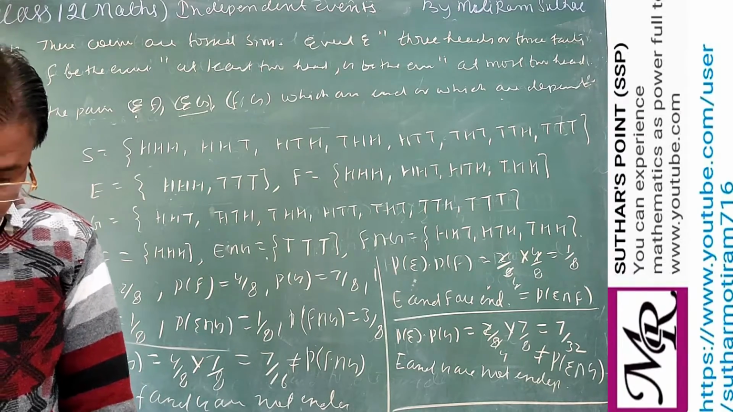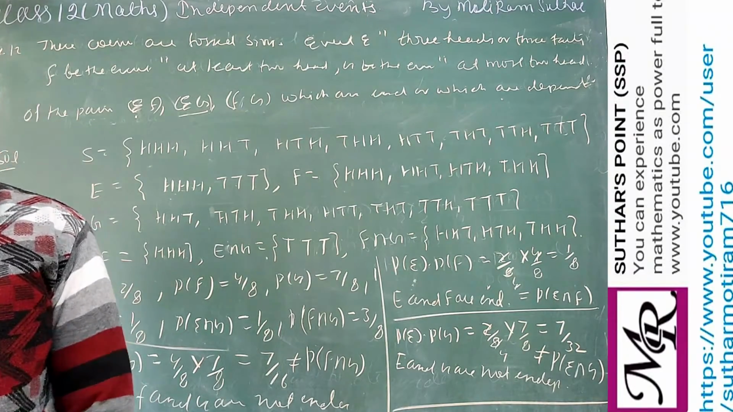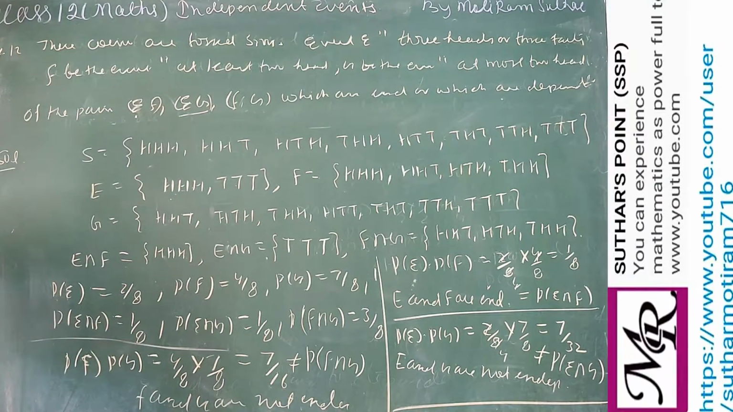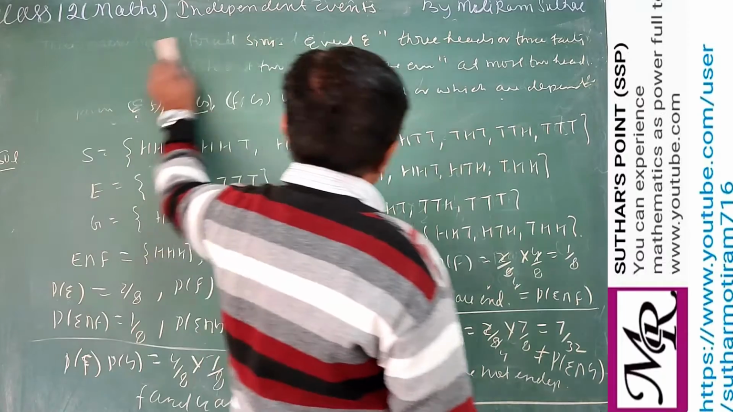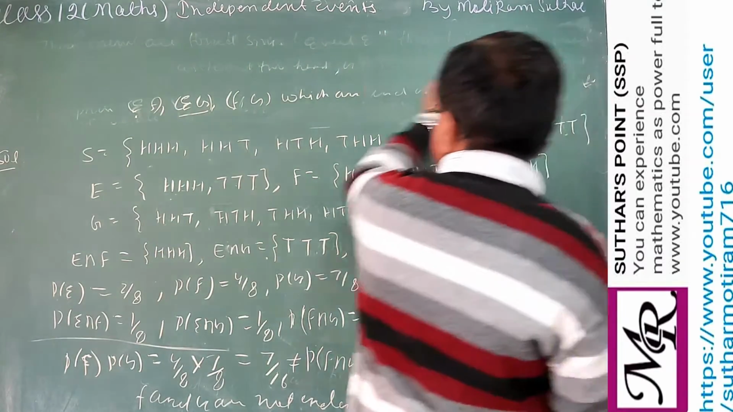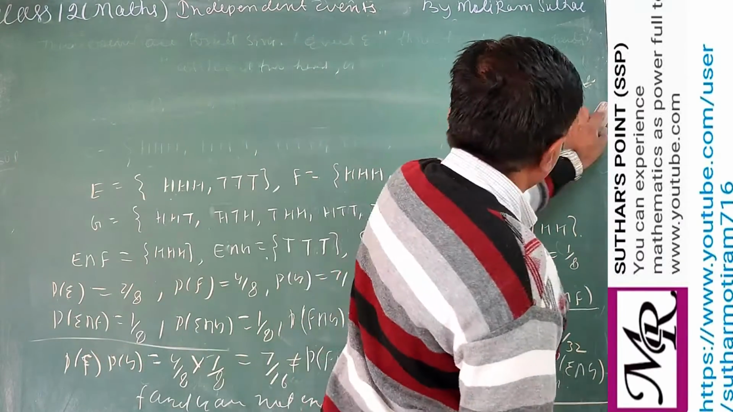So in this way we can check for the independency and dependency of two events. Clear? Now next we